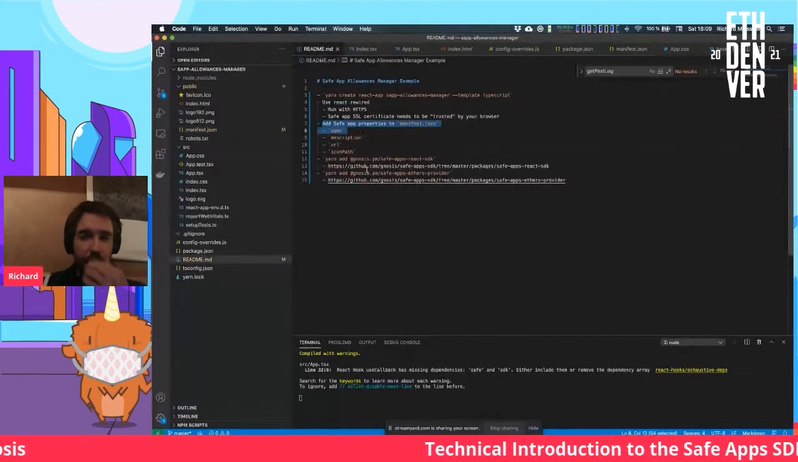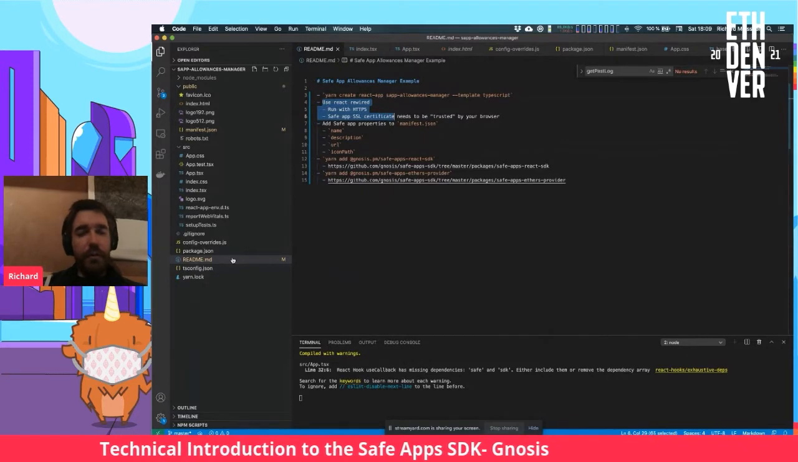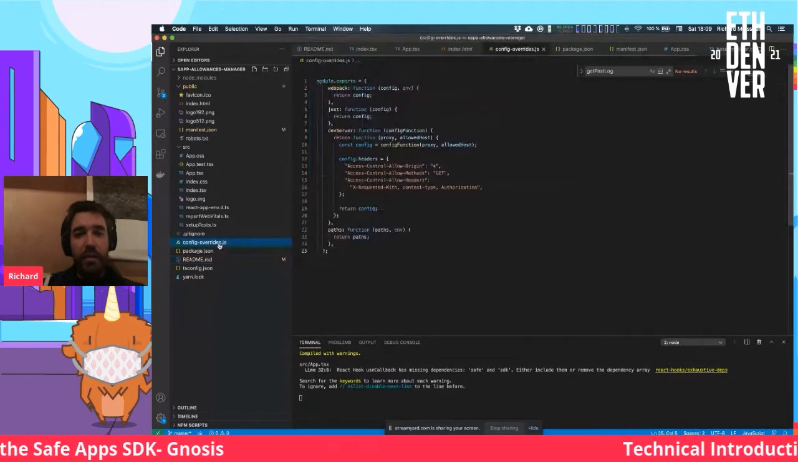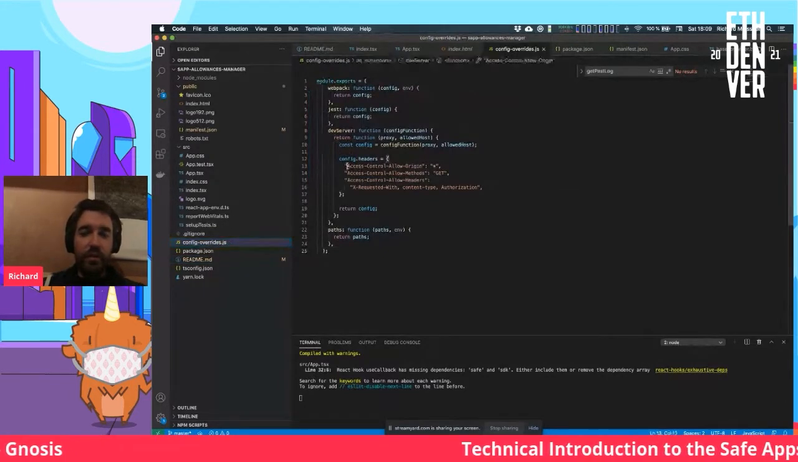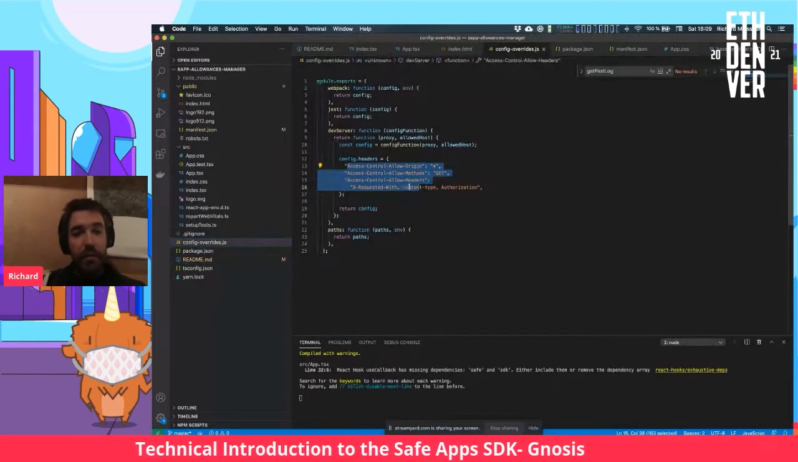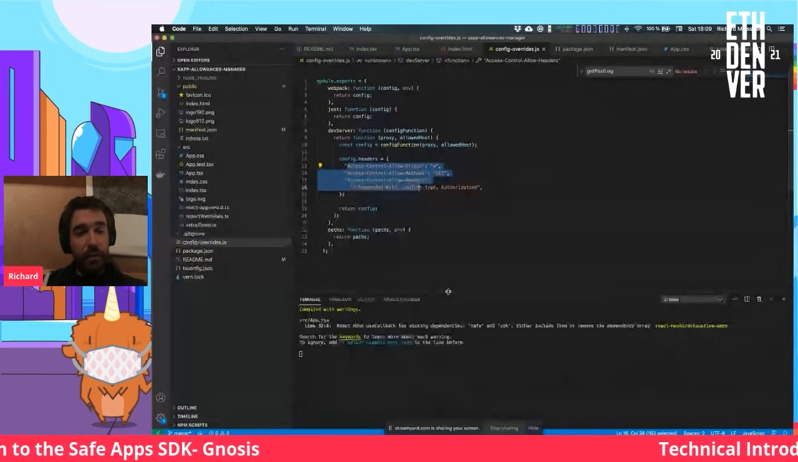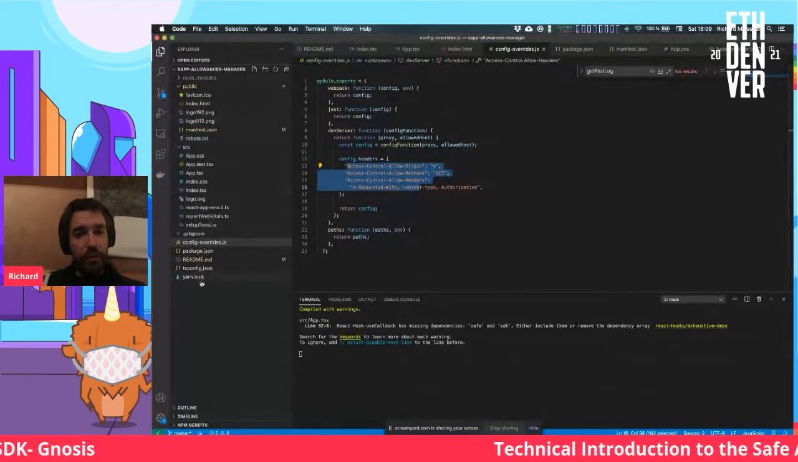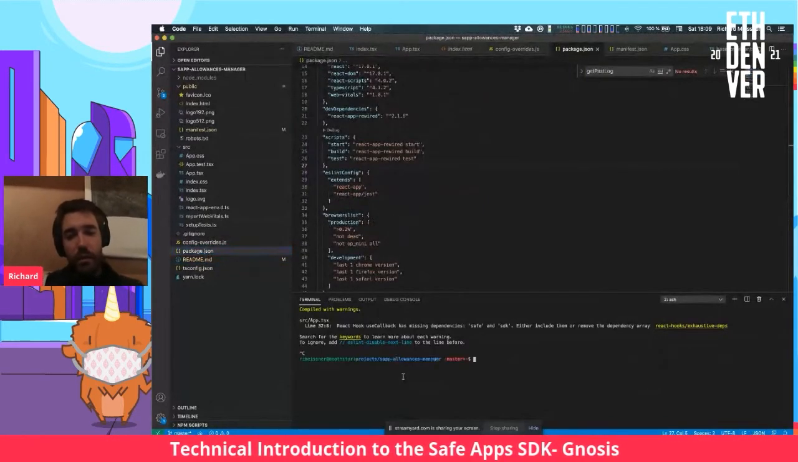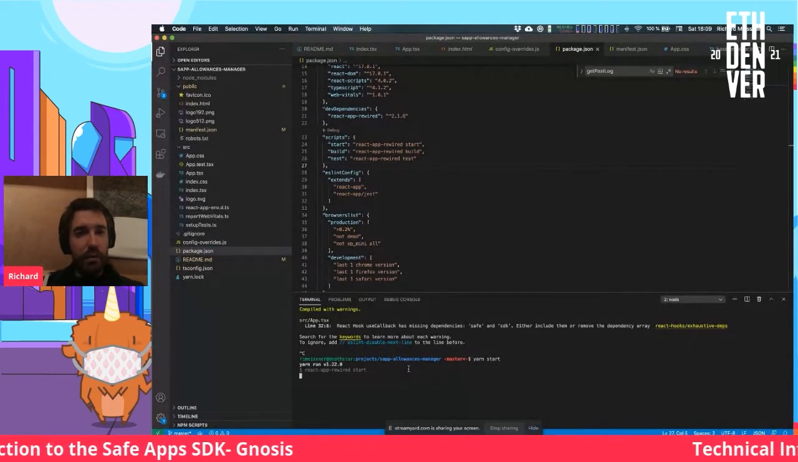So the next thing that is also very important, which we already did, is that you use React Rewired, because if you want to test it locally, to include the Safe app into an iframe, it is required that the CORS, so the cross-origin resource sharing headers, are correctly set. And by default, the React development server doesn't do that. So we're actually using React Rewired to get it started. So now if we kill this and do yarn start again,